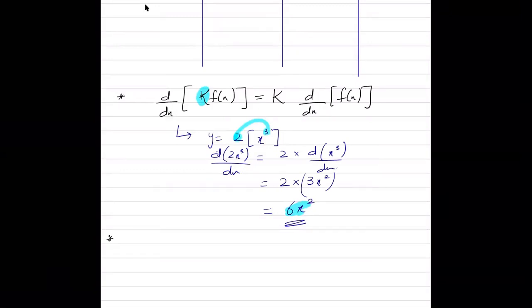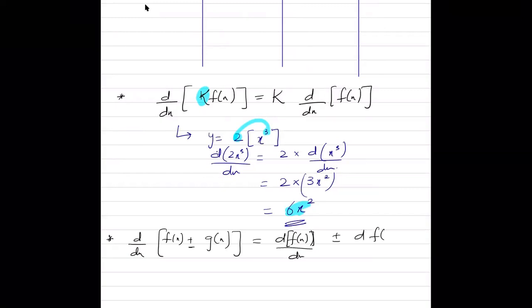If I want to differentiate two functions, let's say f of x is a function, plus or minus g of x is another function, and these two functions are being added up, and the question says differentiate them. The rule says that the differentiation of the addition or subtraction of two functions is the same as differentiating each function alone. You can differentiate the function f, or you can differentiate the function g individually and then add the answers. It's the same thing.